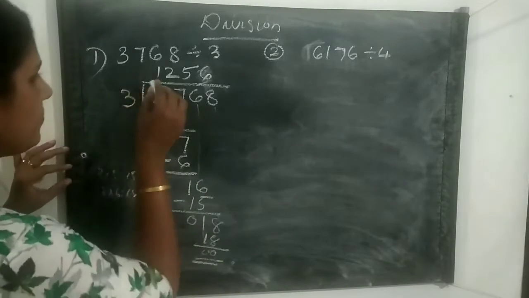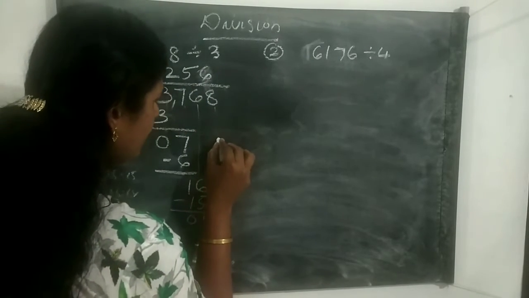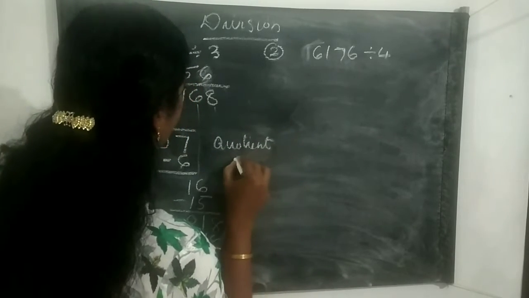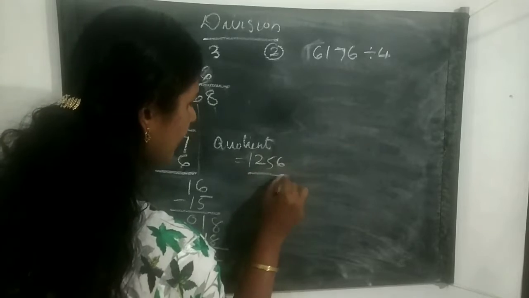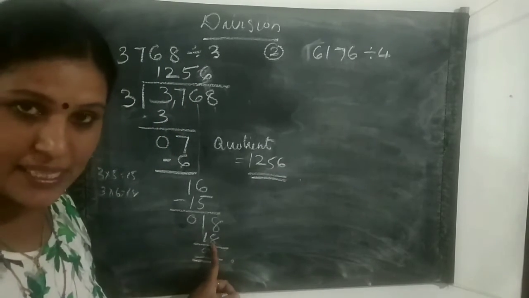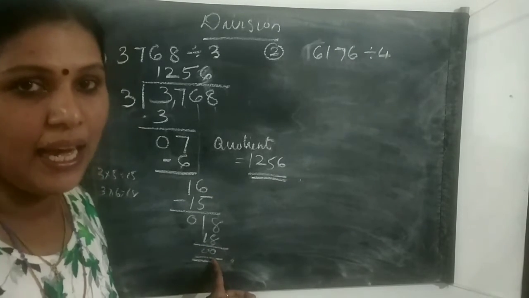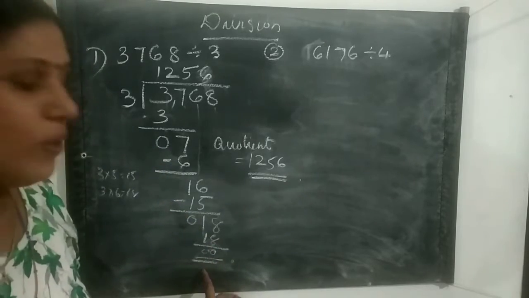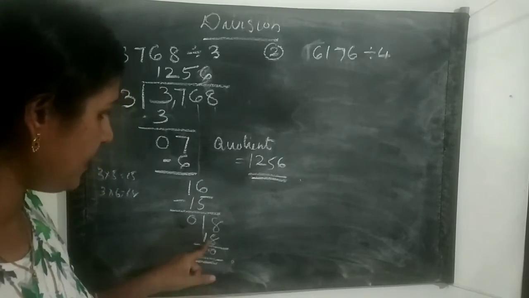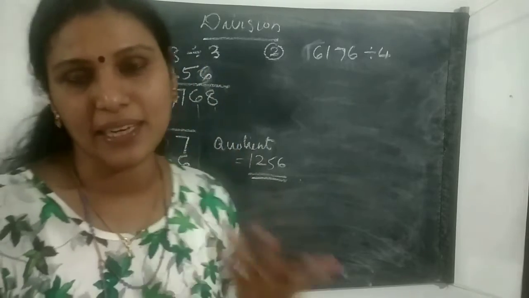Okay. So here the number we get is known as the quotient. So we write quotient equal to 1, 2, 5, 6. Okay, 1, 2, 5, 6. And this part is known as the remainder. Here the remainder is 0, so no need to write that remainder. If we get a remainder that we can't subtract from this number, then you just write it down. Here it is 0, so no need to write. Here the part is remainder and this is the quotient part. This place is known as quotient. The answer is known as quotient.